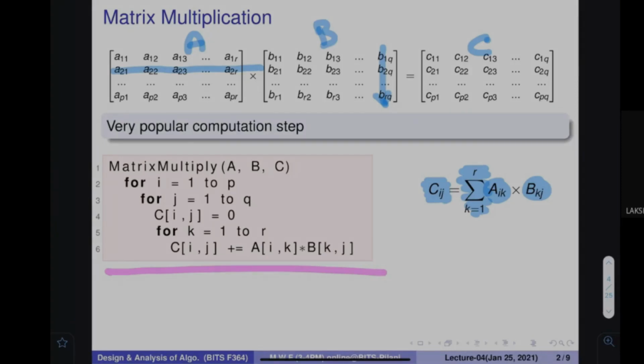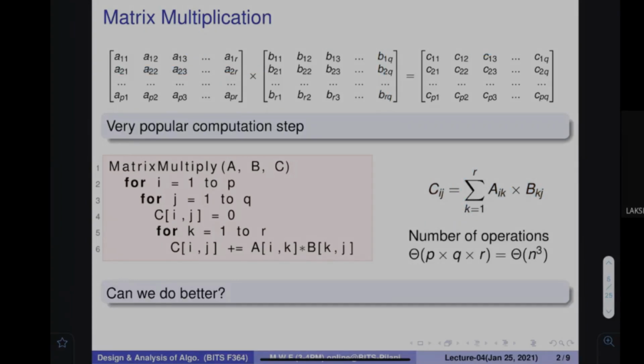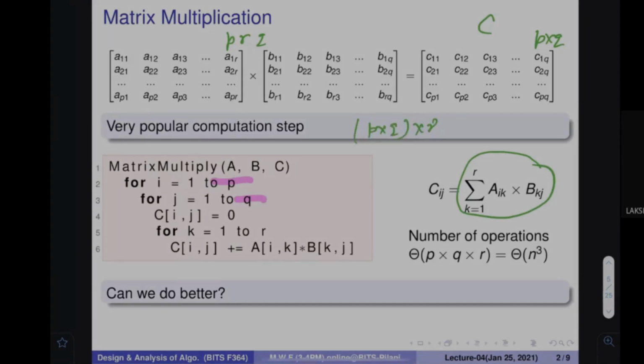Okay, great. So if you understand this algorithm, then if I ask you what is the complexity of this algorithm, how much time it is going to take, you can tell me, sir, since all these items are computed. There are three numbers, P, R, and Q, and the C matrix is going to be P cross Q. So P cross Q items need to be computed. For every item you need R computations. So essentially it is P into Q, the number of items, multiplied by R. These many computations you need.